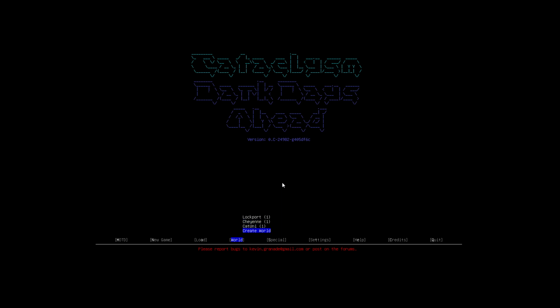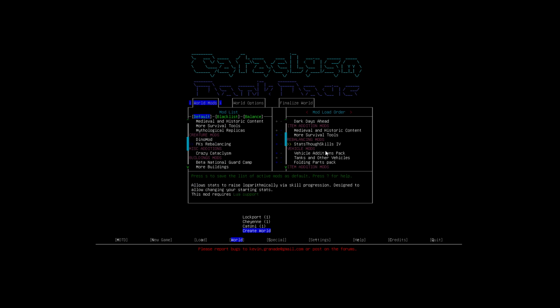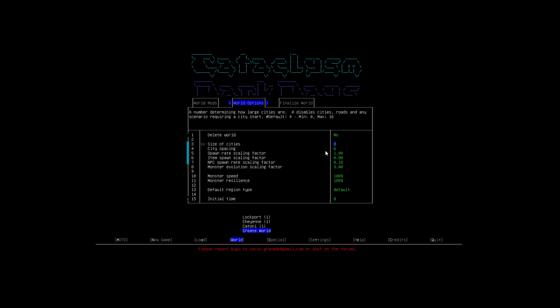So let's go to the game world, create a game world. I'm going to use my same default world options that I usually use. I do need to make sure I enable PKs though. So right there, we've got PKs in. Switch over to world options, and we're going to go size 8, spacing 6, and item spawning scaling factor is